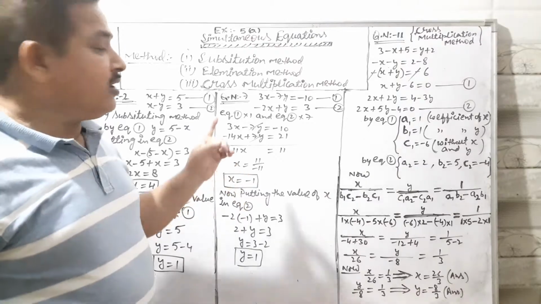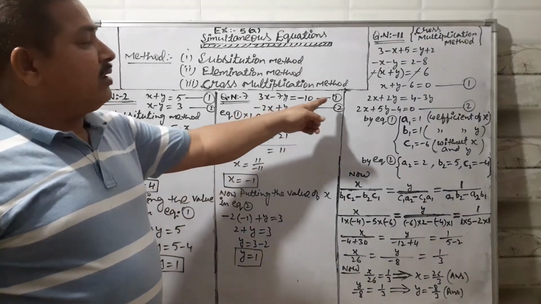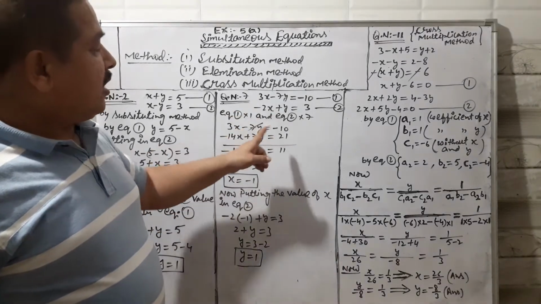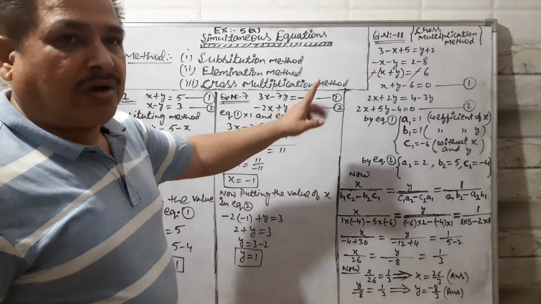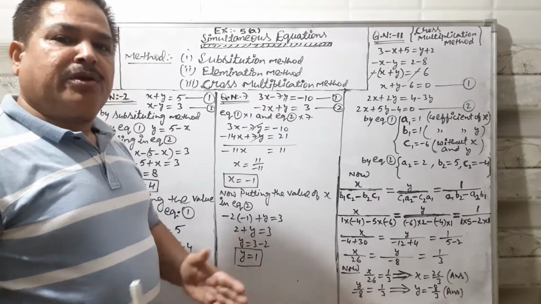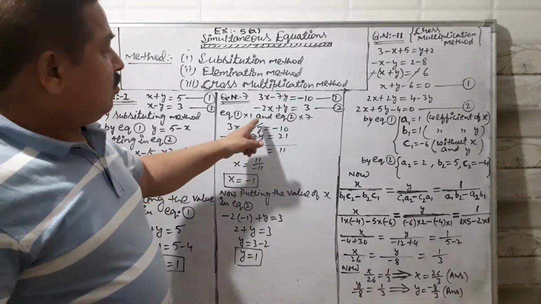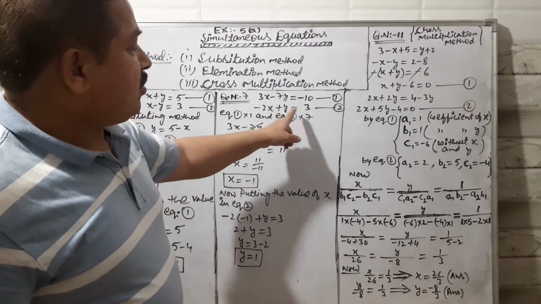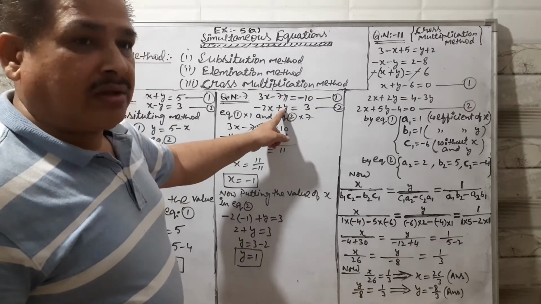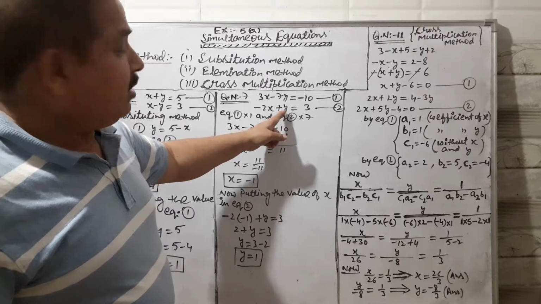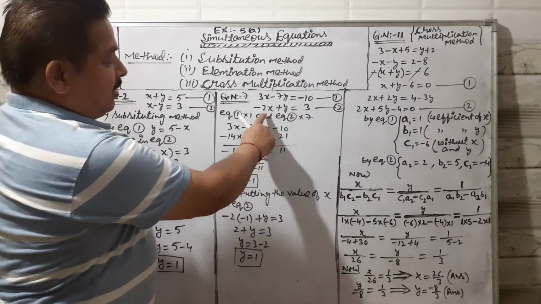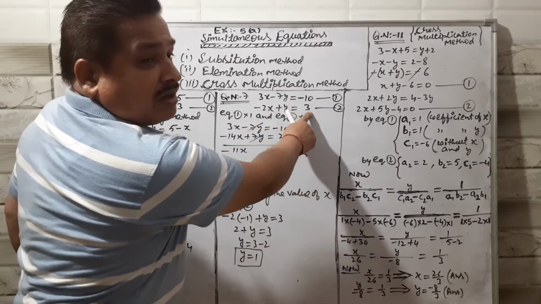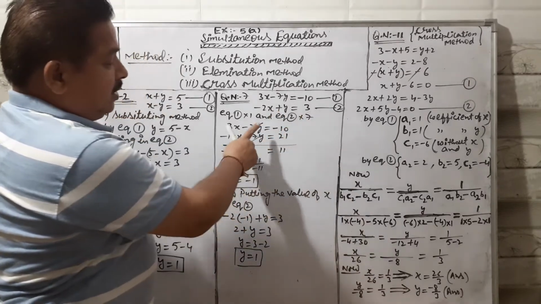So look here. Equation 1, no need to multiply. So it means you can write equation 1 multiplied by 1. If you multiply by 1, there will be no change in the equation. So it remains like this. So equation 1 multiplied by 1 and equation 2 multiplied by 7, because we are making 7y here. So see this, equation 2 multiplied by 7. This becomes 14. This is 7. And this is 7 3s are 21.